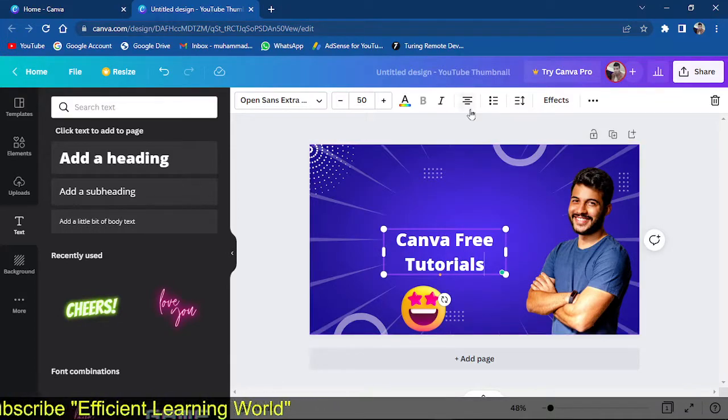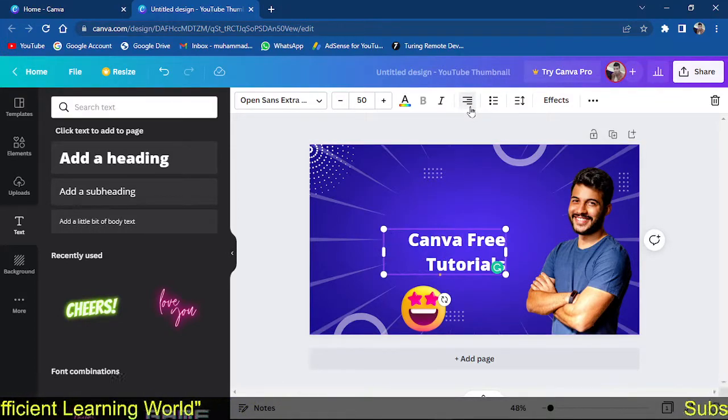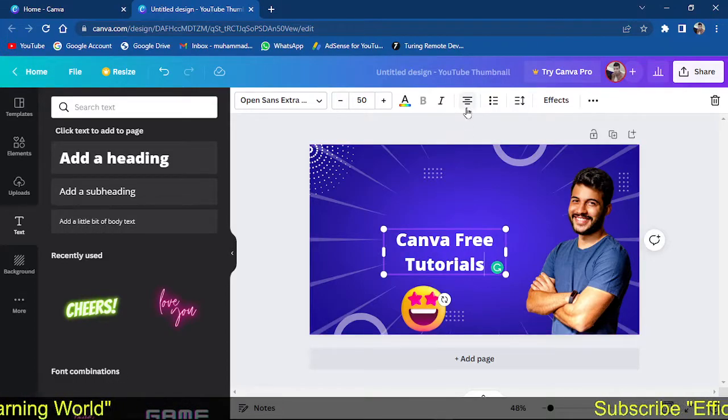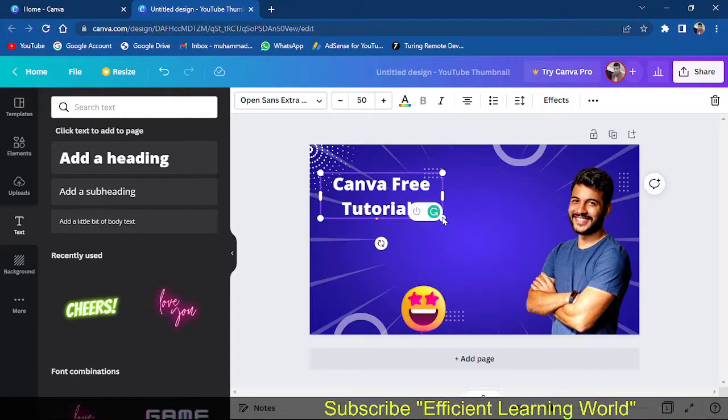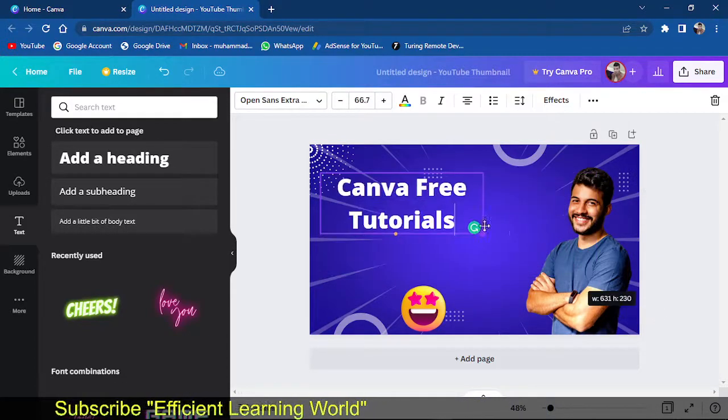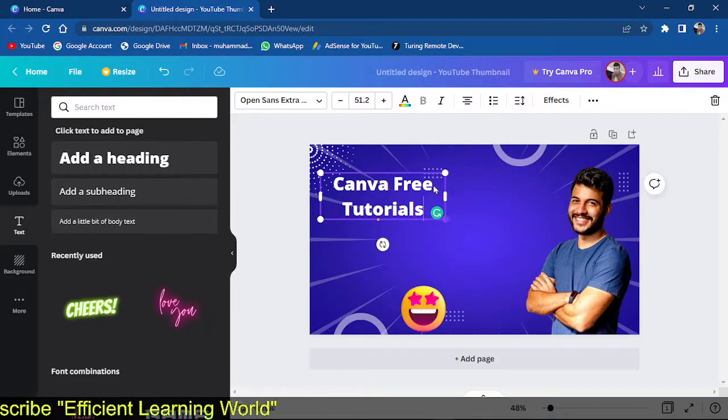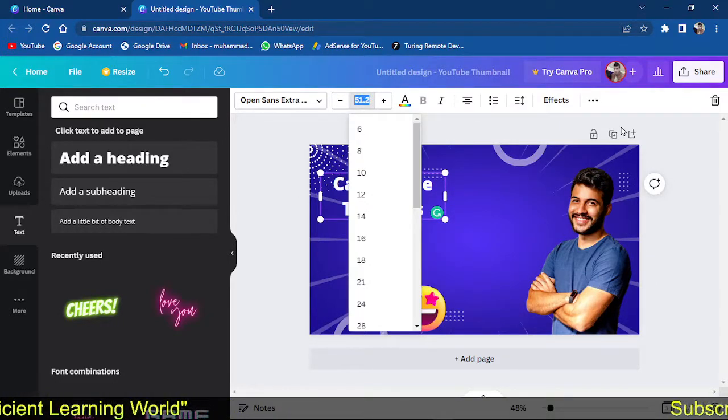For example, left alignment, right alignment, and center alignment, you can also change it. Okay, and you can also place it anywhere wherever you want, and you can also resize it. And there are two options to resize it. For example, first one is you can resize it from this, and you can also change the size of